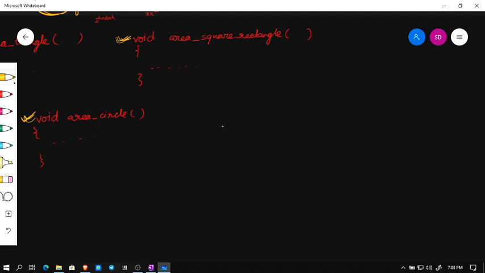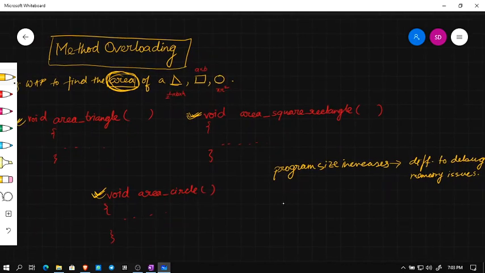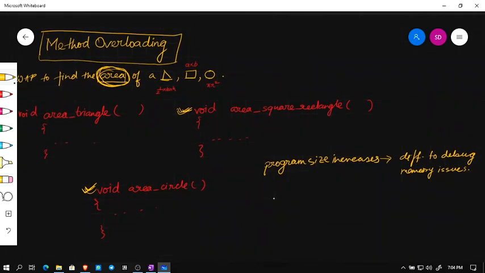The disadvantages of having different functions doing the same thing for different objects is the program size increases, which in turn makes it difficult to debug, and causes memory issues. Let's say I do not have sufficient space, so if my program size becomes more, I'll have problems storing the program. These programs certainly do not pose any problems regarding memory issues, but let's say I have